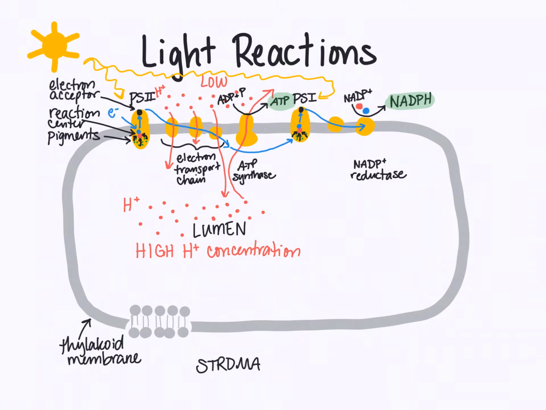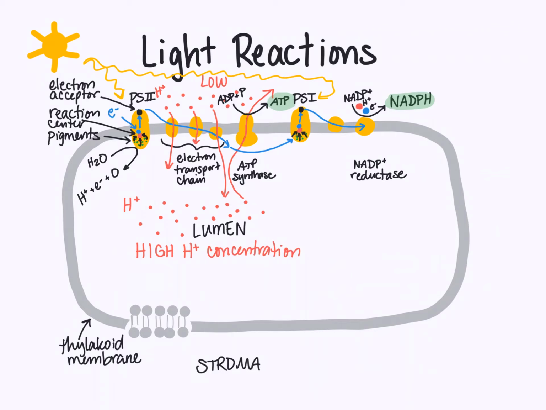One other thing that I need to mention is where these electrons originally come from, because you'll notice that we're constantly losing electrons to NADPH, because remember, NADP plus picks up an electron and a hydrogen ion. And so where do those electrons come from if they are constantly being transported away from these photosystems? And the answer to that question is that the electrons come from water. So back at photosystem 2, at the beginning of this process, a molecule of water actually gets split or broken. And in doing so, it gets broken into some hydrogen ions,